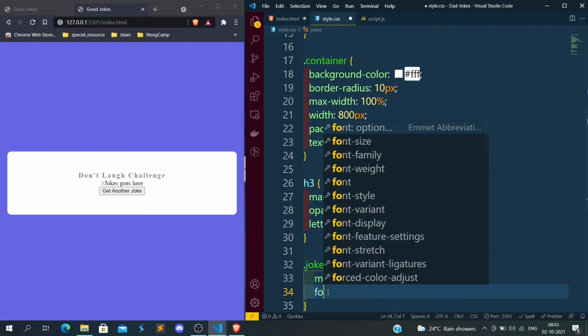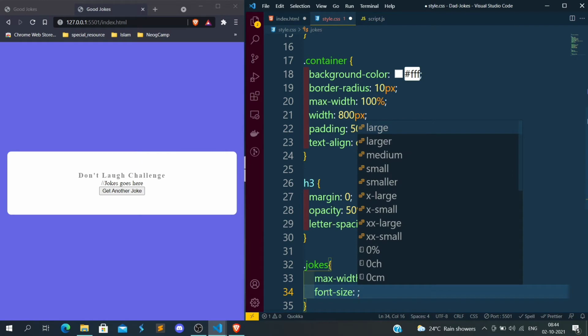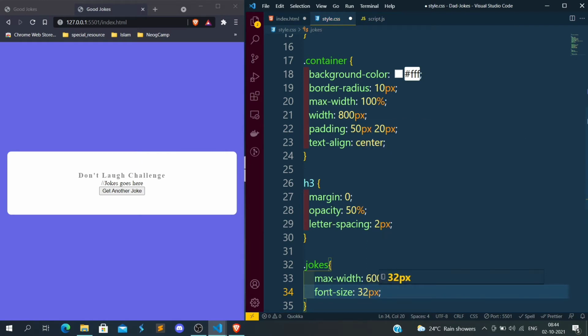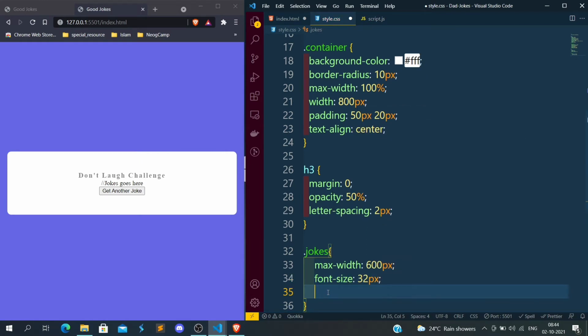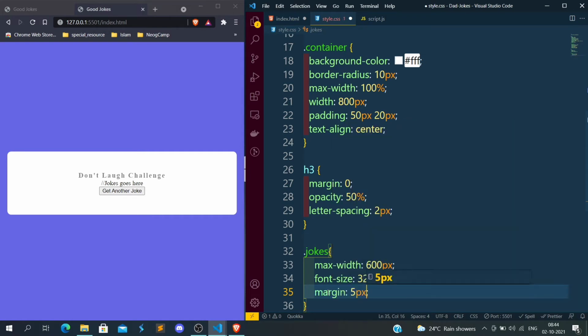So that the padding should come and you should see some difference. Let's give the font size to be 32 pixel. Let's give some margin to 50 pixel, not 5 pixel.